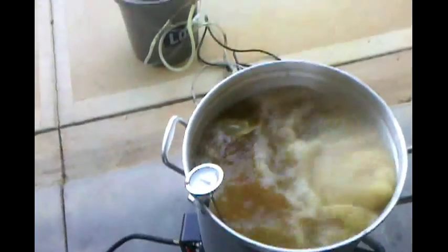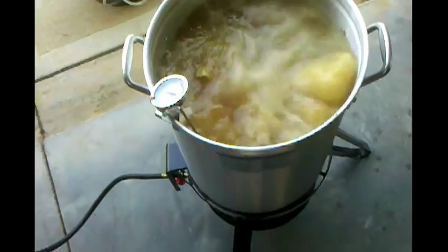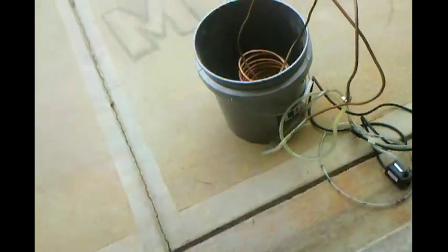So what's going on while that's boiling is clean up. And here's what's left in the mash tun. 13 pounds of grist. So I think you can compost this, but I don't have a compost pile, so I'm gonna scoop it all out, hose this all out, dump it in the woods. And I'm gonna get my